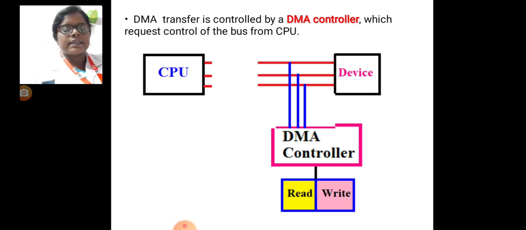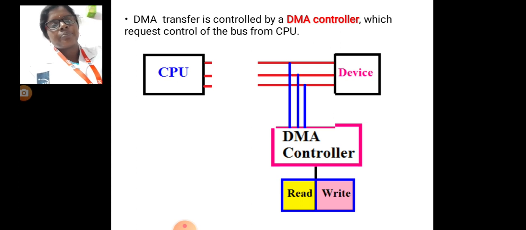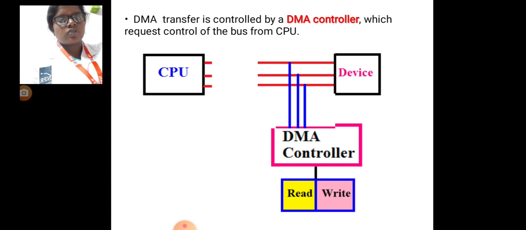First one is single transfer at a time, then release the IO bus and hold the system bus for each transfer. Then bus transfer at a time, then release the IO bus and hold the system bus, and bulk transfer at a time, release the IO bus and hold the system bus until the transfer is completed. And now, the uses of the direct memory access controller.